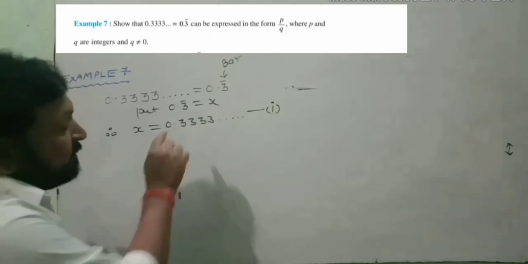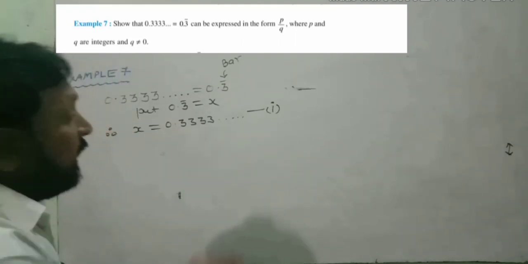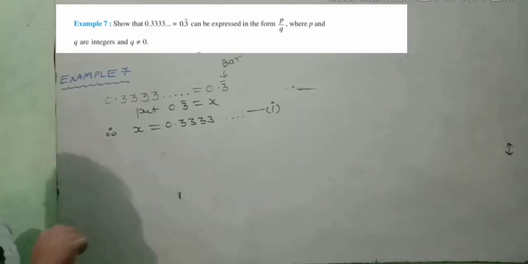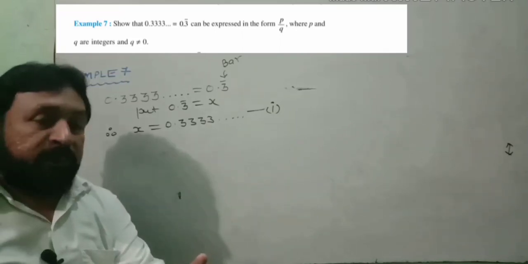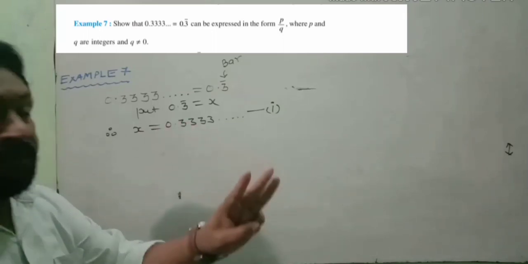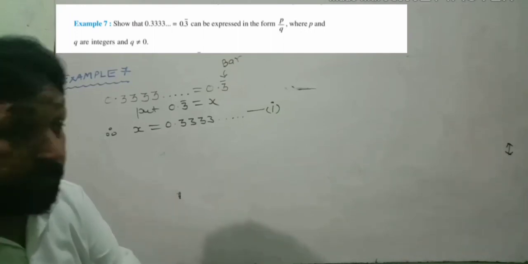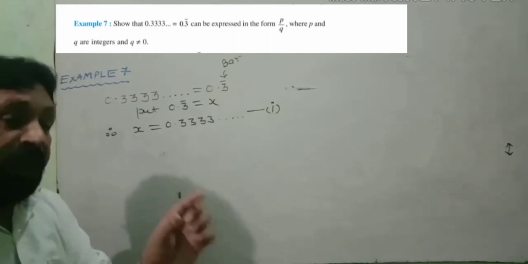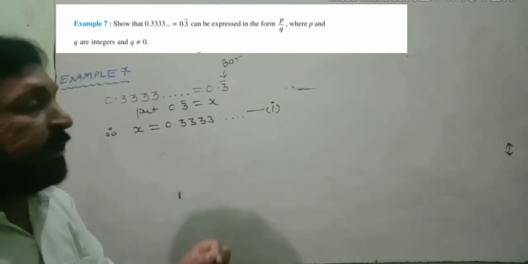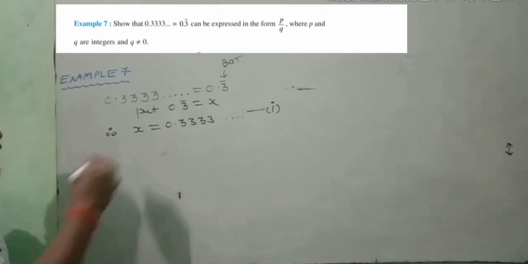It means this single digit 3 is repeating itself. So we have to multiply equation 1 by 10. If two digits are repeating, then we have to multiply by 100. If three digits are repeating in a group, then we multiply according to the number of digits which are repeating. Here only a single digit is repeating, so we will multiply